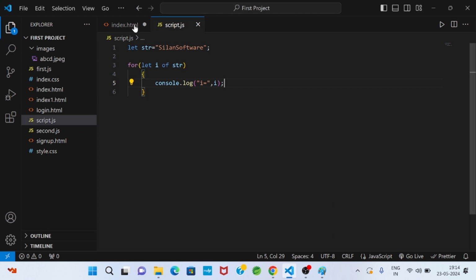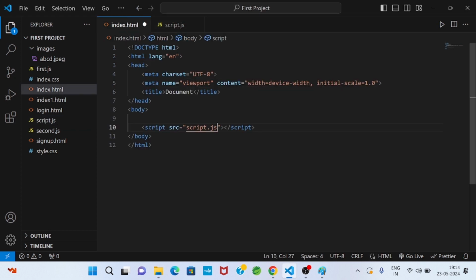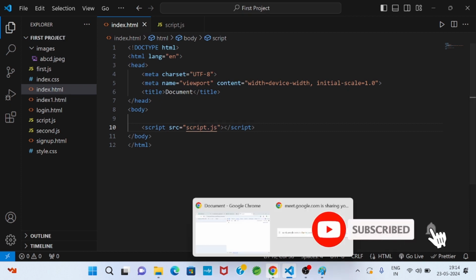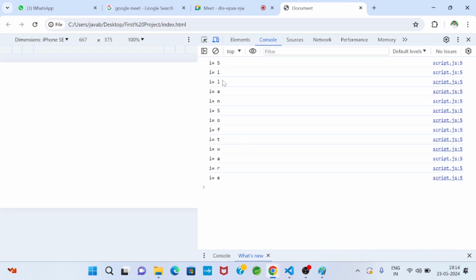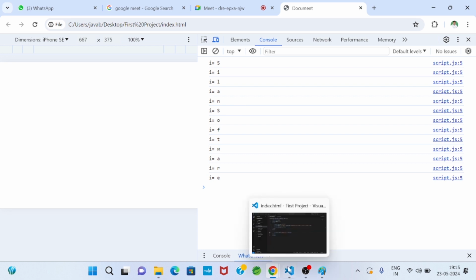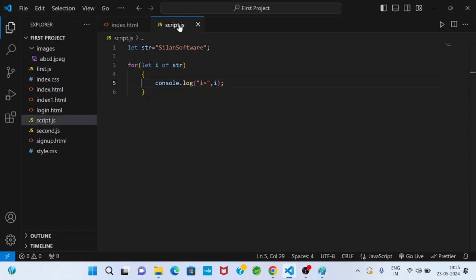Okay, you see I saw the output: i equals S, i equals L, i equals A. So whatever string value we have, that is Ceylon software. A string is a sequence of characters, so each character we retrieved. I hope everybody got clarity. Give a response.